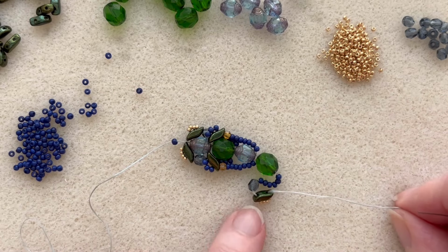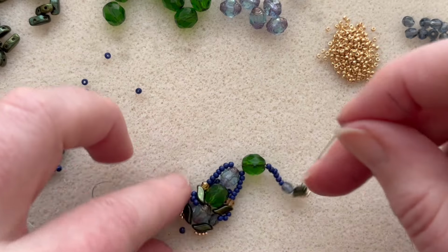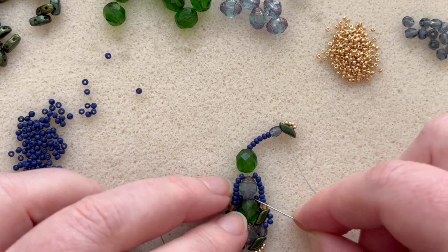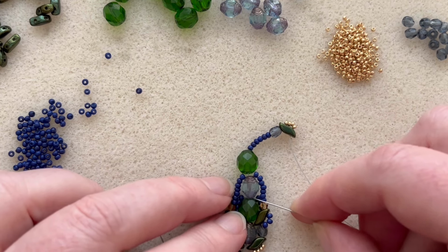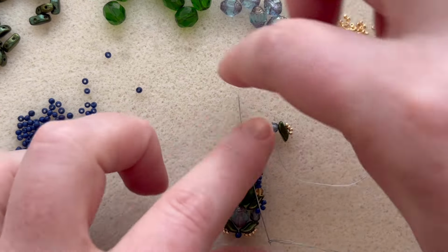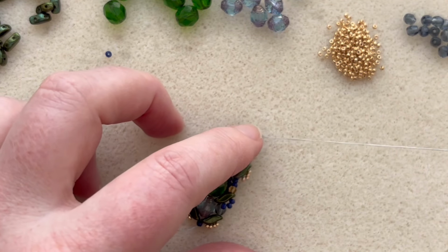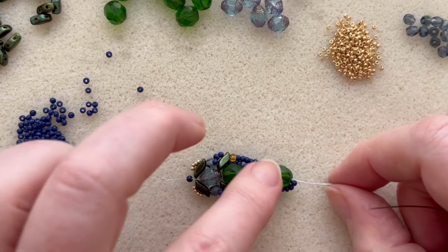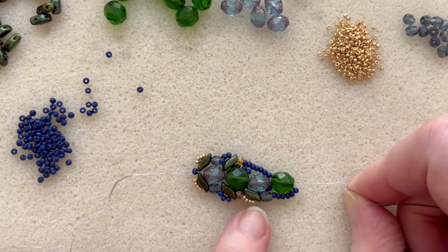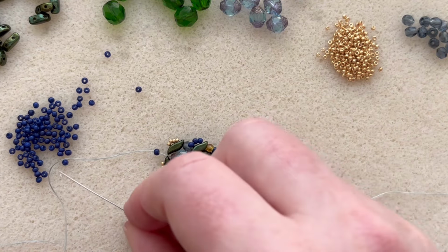And again, I made sure I went into the hump side, okay? And then here, again, I'm gonna sew up the last 2 core beads, which are the blue bead and the green bead that I just added on. And again, I'm making sure that my line is sitting on top of the last line that I did. So each line needs to be sitting on top of the last one that you did on that side. And then I'm going to repeat this again. So it's 6,